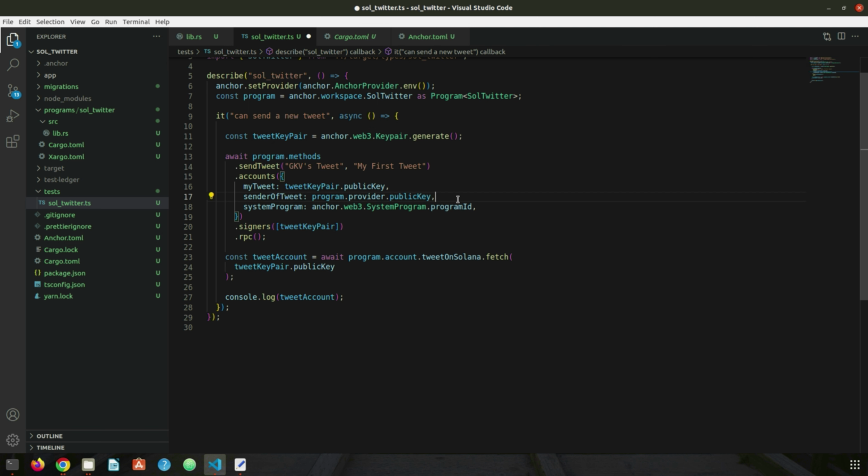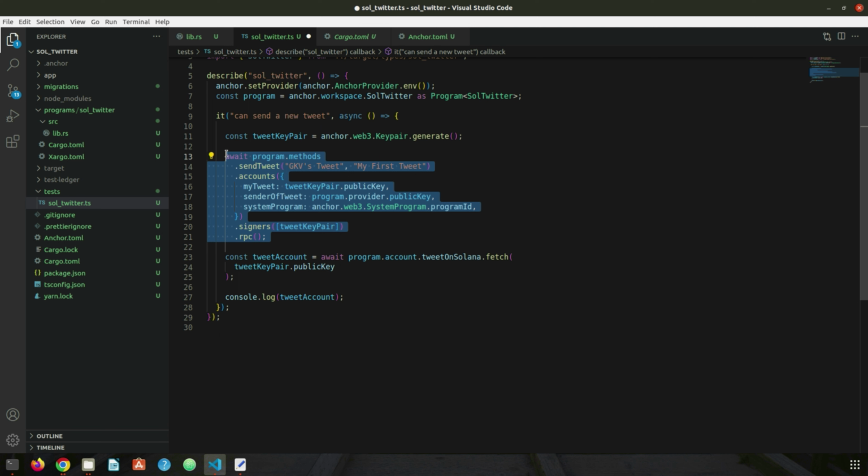Okay. Then we are saying who is sending this instruction, so who's going to pay for it. Then we create our system program, which is fine. Then we need a signer, which basically means we want to create a new account on the blockchain and someone has to sign that, so that we are 100% sure that whoever owns this public key also owns the private key for it. Therefore, we're going to pass that signer here, and we are assuming that with this instruction there should be